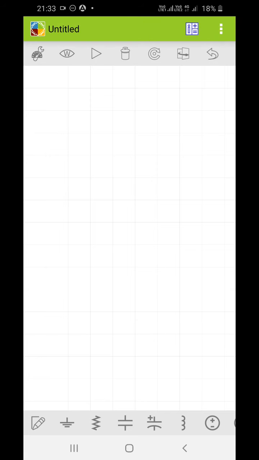Good morning, students. Now we are going to see the fourth practical of your simulation lab 1, that is KCL KVL of a circuit. We are going to prove KCL KVL for a circuit, and in this I am going to take a circuit of 3 loops, and in it we are going to find the node voltages and loop currents. You know that you can find out node voltages using nodal analysis,